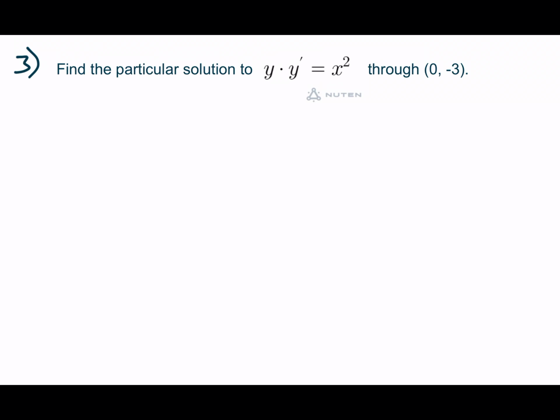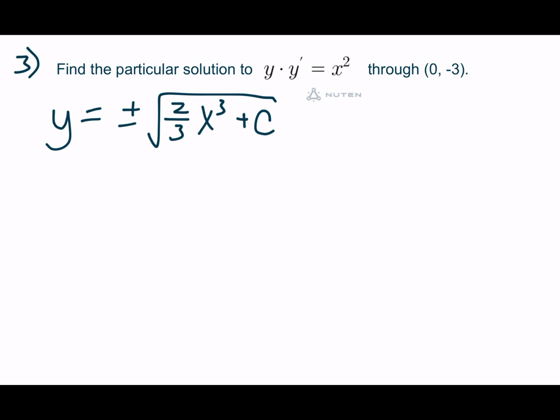Okay, we're going to use the same differential equation, find the particular solution to y times y prime equals x squared through a specific point this time. Because of that square root thing, it's kind of an interesting situation. So right now I said y is equal to plus or minus the square root of 2/3 x cubed plus c. Looks better, right? So now I can take that solution and throw in these points and solve for c. So if I throw in a -3 here for my y and a 0 for my x,